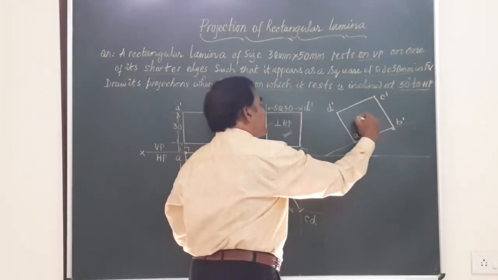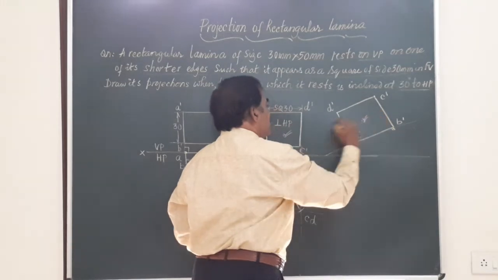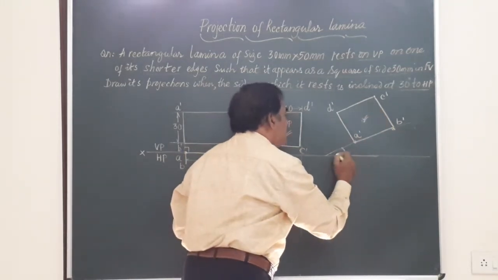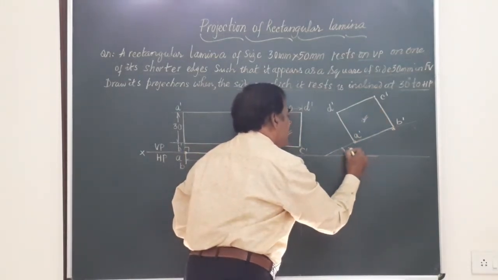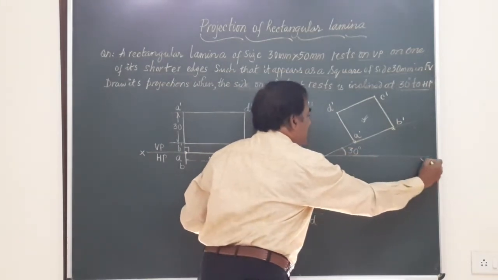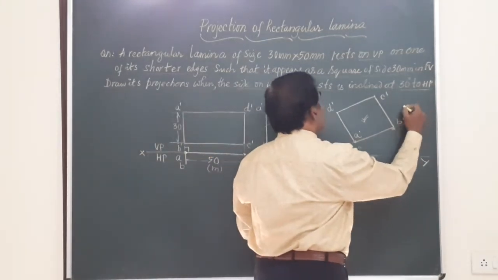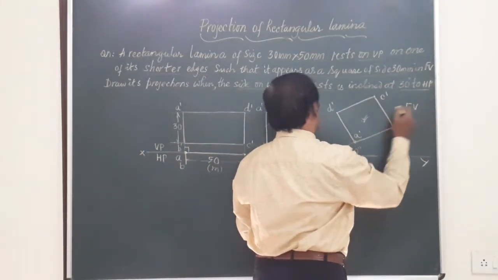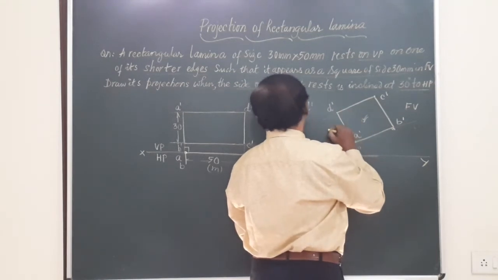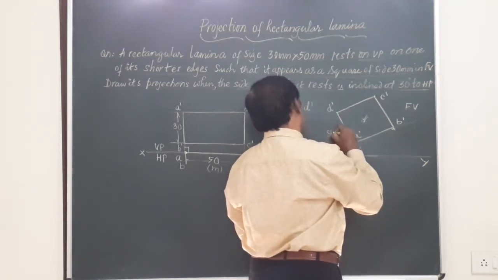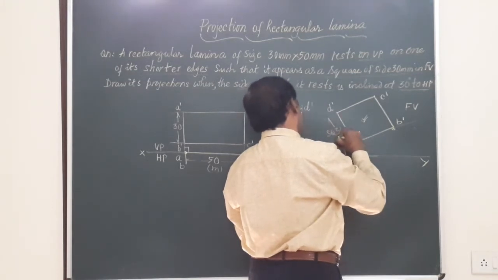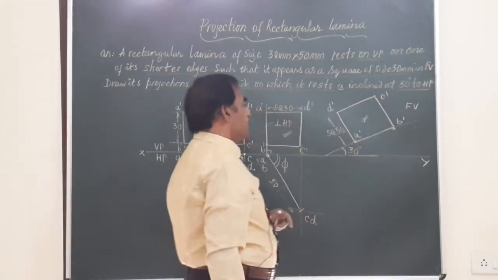So what is the figure you have got here? I have redrawn that figure here. Only the thing is that edge AB on which the lamina is resting is at an angle of 30 degrees with the HP. And this figure will give you the final front view. I will mark it as FV. And remember, this has to be again SQ30. So the figure you have got here is redrawn to obtain the final top view.